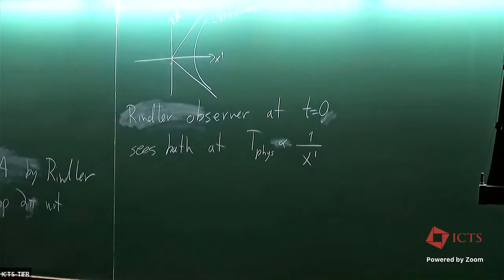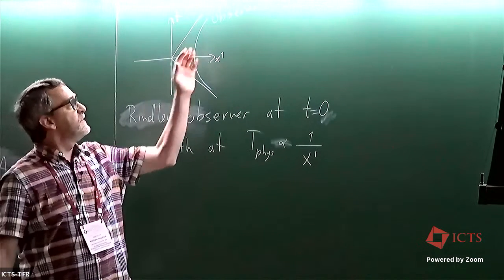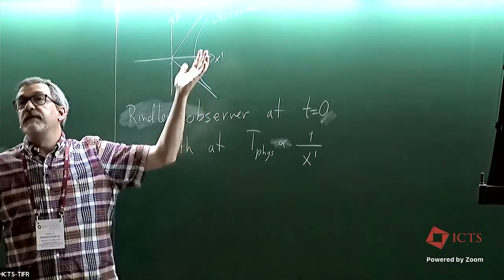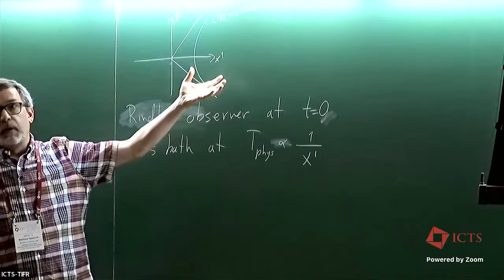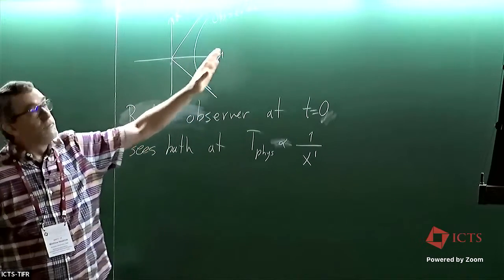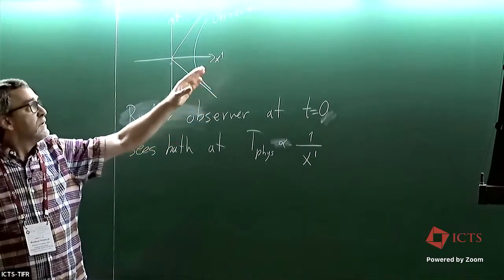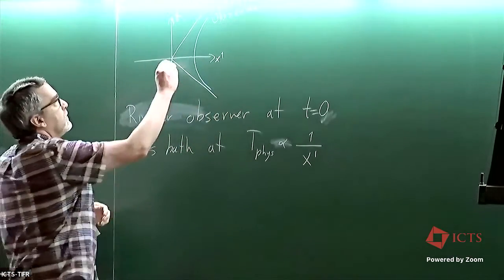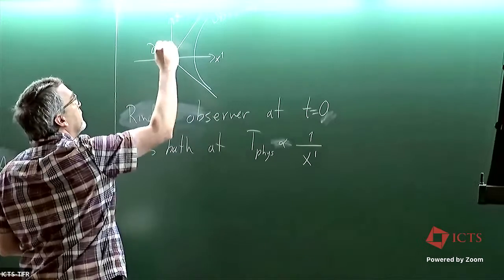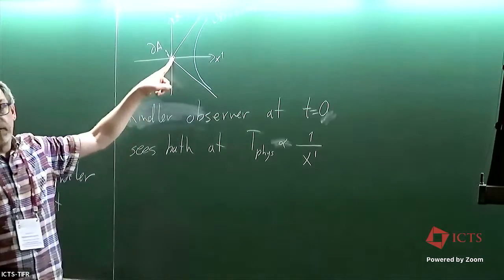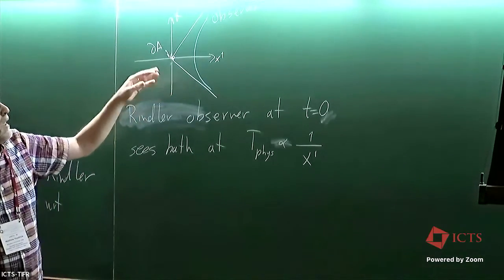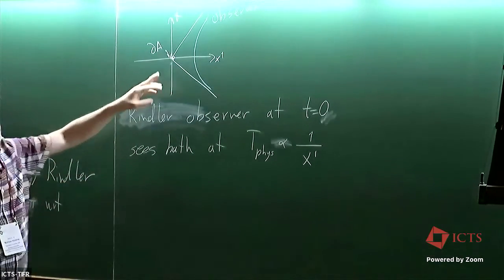So this is the physical temperature observed by this observer, and you see why there's an entropy. And you also see why that entropy is divergent, okay? So basically, the different observers see different temperatures, and if you're far from the cut, this is my cut, this is my model of this point, right? Because the other directions are coming out of the board. So if you're far from that entangling surface,